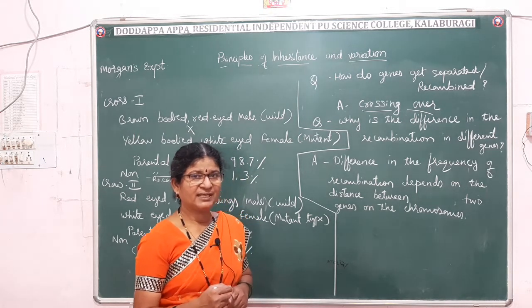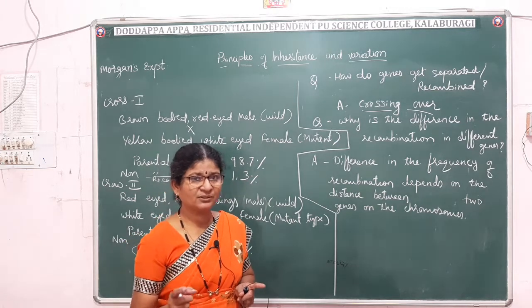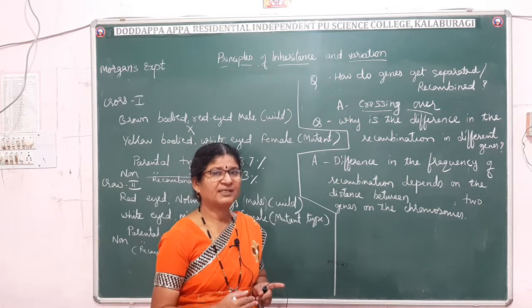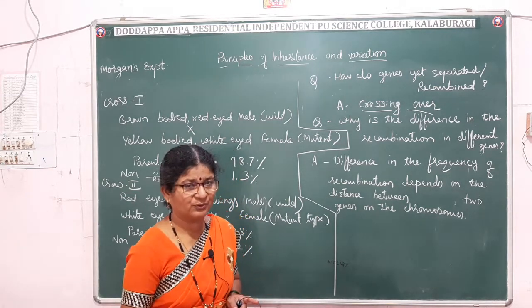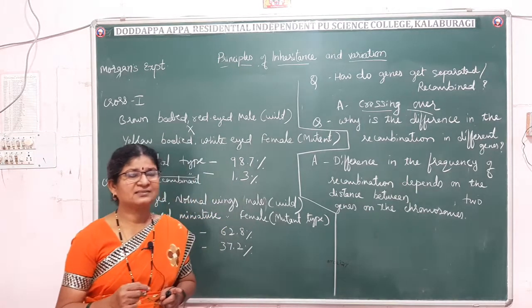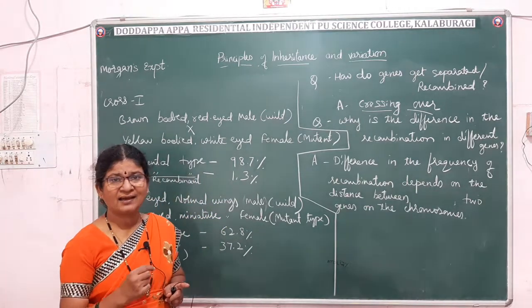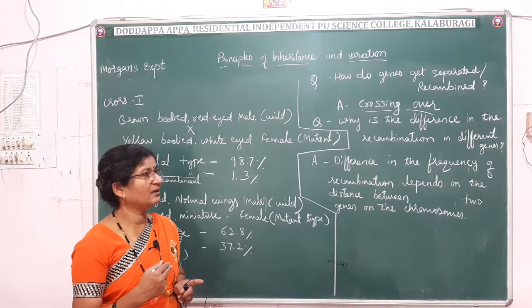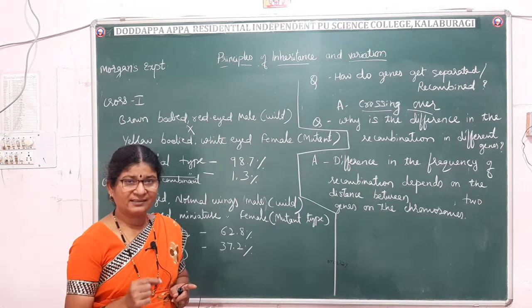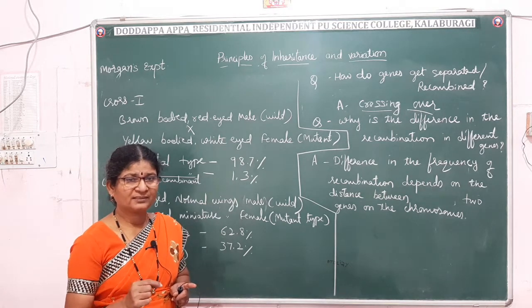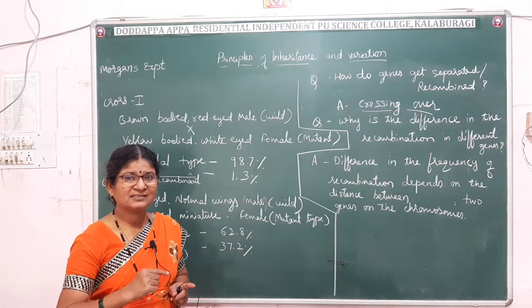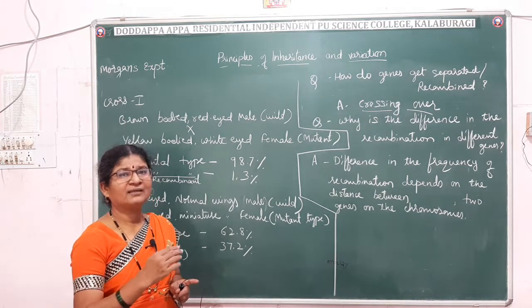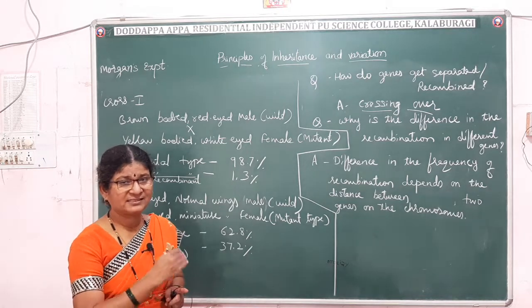I already told you that if the distance between two genes is more, then the frequency of separation, or you can say the chances of appearance of recombinant varieties, is more. If it is less, then the chances of appearance of new varieties are less. Thus Morgan gave us the concept of linkage, linked genes, crossing over, recombination, X-linked genes and X-linked characters. He gave explanations for all these concepts.